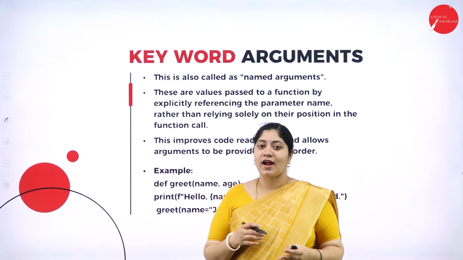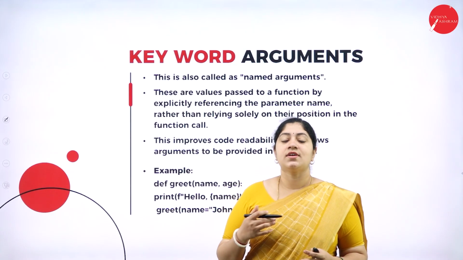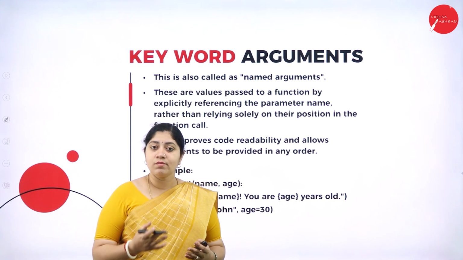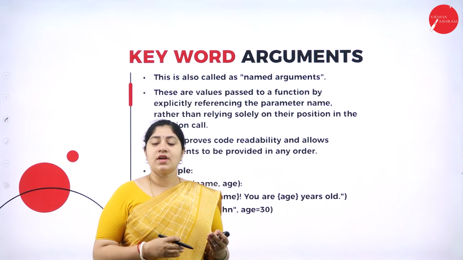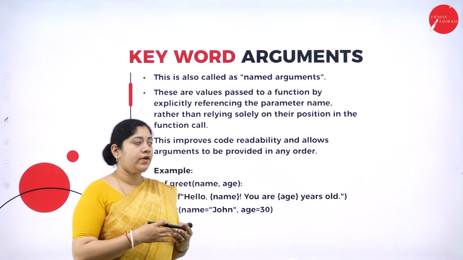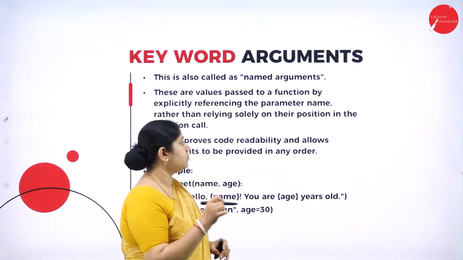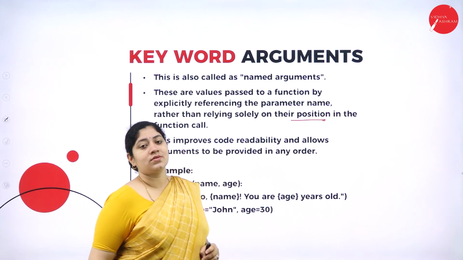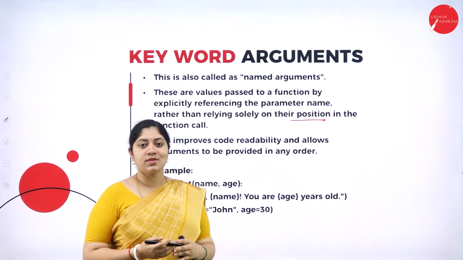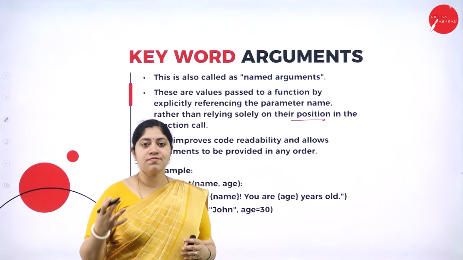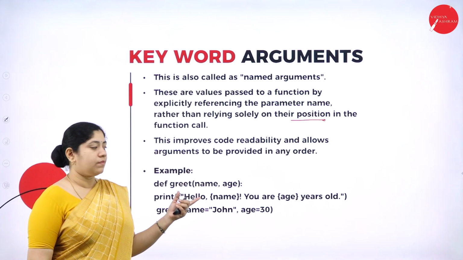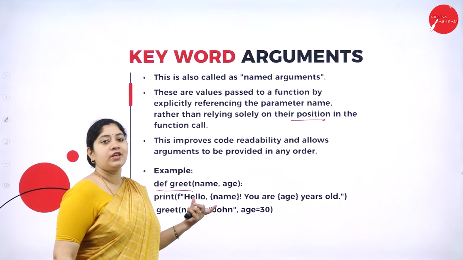Let's move forward and understand what exactly a keyword argument is all about. Keyword argument is also called named arguments. These are the values that are passed explicitly referring to the parameter name, without relying on their position in the function calls. This results in increased code readability as well as allowing the arguments to be defined or declared in any order. Let's see an example for this keyword argument where we are starting with def greet of